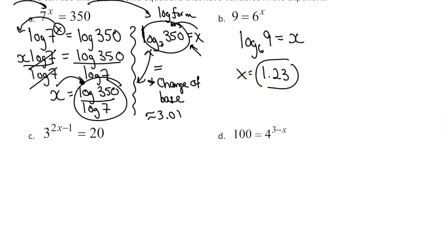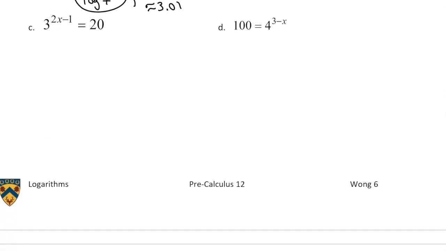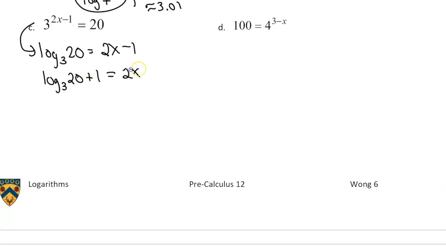For part C, again, you could do this either method. So if you want, you could say, well, log base 3 of 20 is going to be equal to 2x minus 1. So again, that's just going from exponential form to log form. And then from here, you could add 1